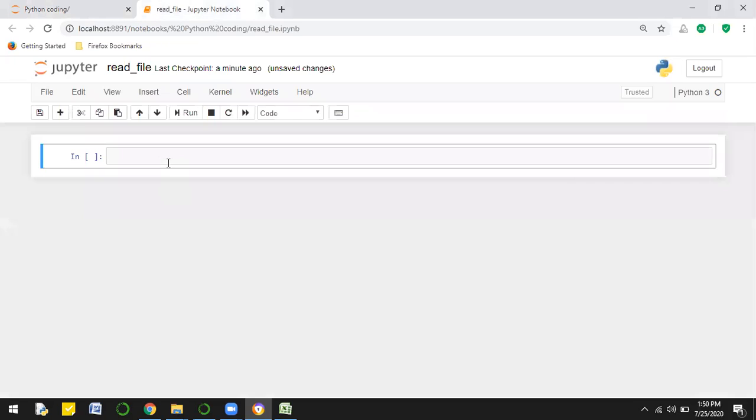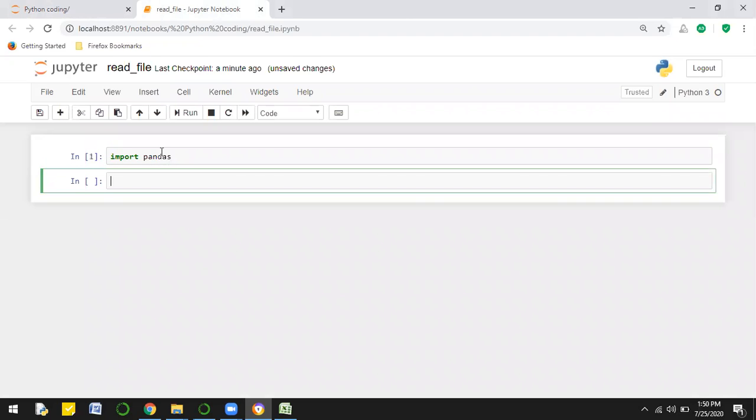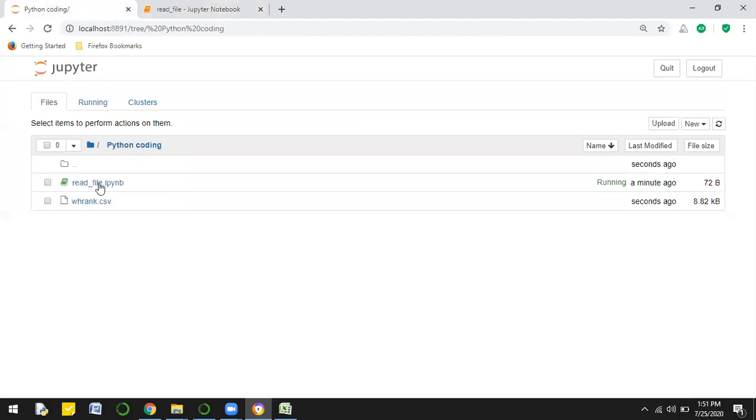After that, we are going to import pandas because the function read CSV, to read the CSV file, is available in pandas. You will see the change here that this star is there. Until it is processed, the star will show, and after its complete execution, we will see that a number has been given to it. Now we have the function read underscore CSV, which is used to read a CSV file, and we will provide the name of the file. The name of the file is whrank and the extension of this file is CSV. So we will write it as